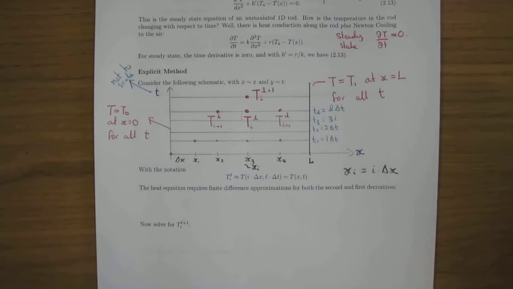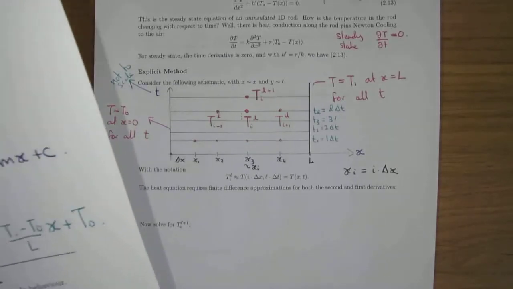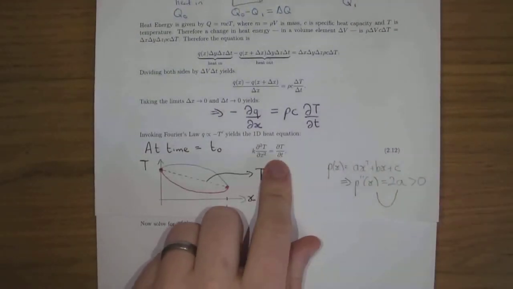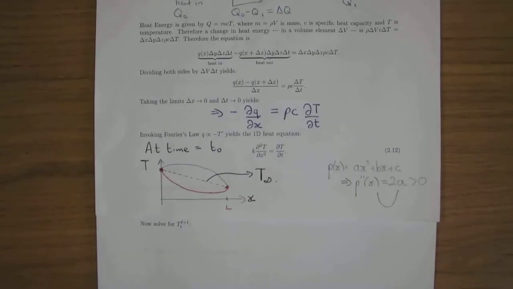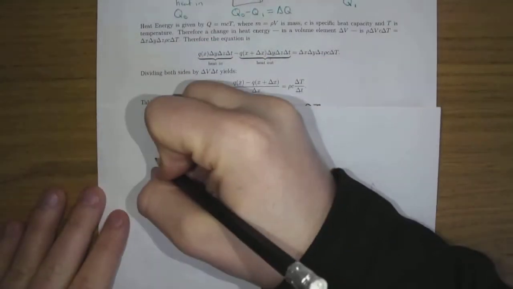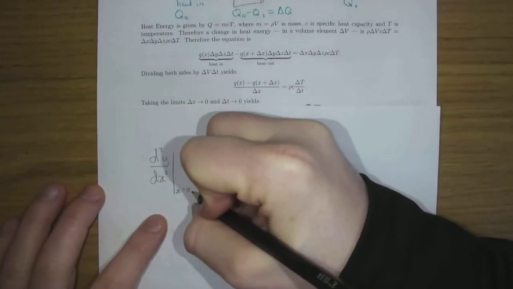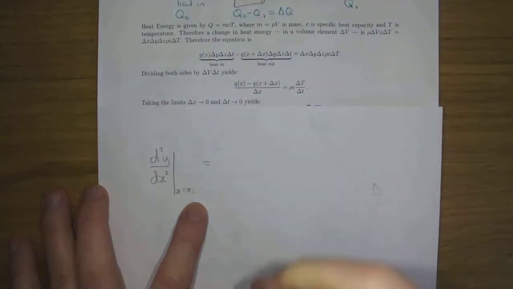Okay. So what we need is finite difference approximations for the second and the first derivatives. Now I haven't left much space here, so I'm going to take an additional scrap of paper. And I'm looking at this heat equation down here. Grabbing my paper there, sorry. So what we do is look up a formula that I'll be giving to you. So the kind of formula that we'd be looking at is that the second derivative, at a certain point x equal to xi, is approximately equal to